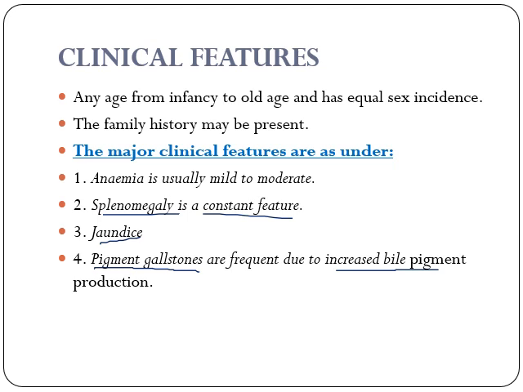Now, a very interesting thing is that most of the time, the child doesn't come to you with the classical features of hereditary spherocytosis. They come to you with a routine investigation of anemia and also with a complaint of gallstones. Now, when you take the proper history, we find that there are multiple gallstones, and there was anemia, splenomegaly, jaundice. We take a family history, then we finally conclude that this case was suffering due to hereditary spherocytosis.